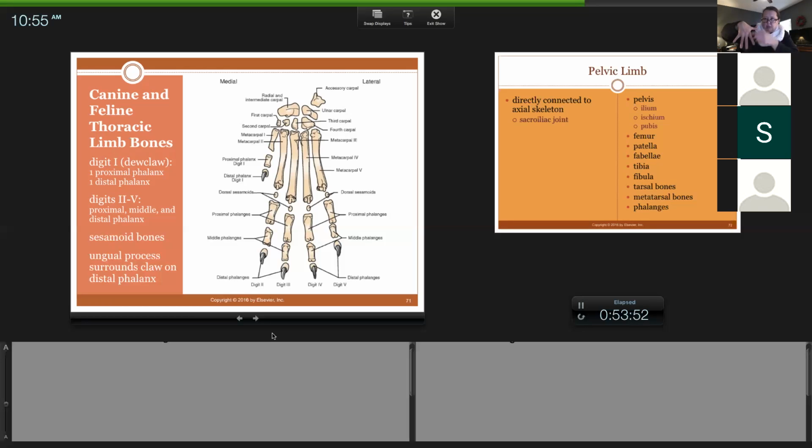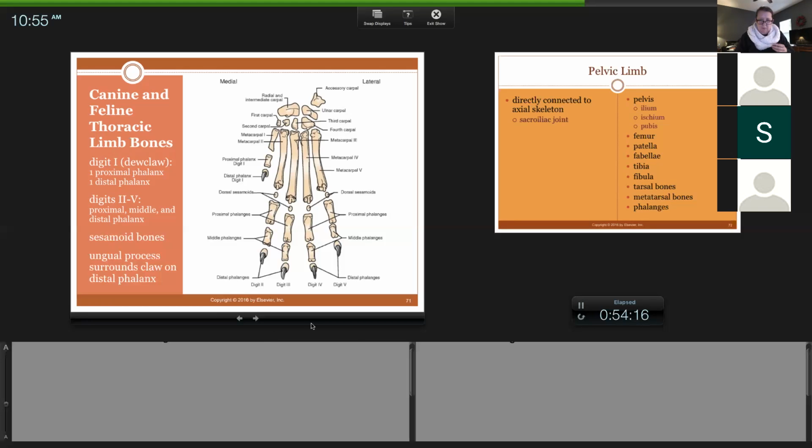When I say digit, it's pertaining to the whole. In us it would be the whole finger, in a dog it would be their whole toe. So you have digit 1, digit 2, digit 3, digit 4, digit 5. Within a digit, you have P1, which is proximal phalanx, P2, P3. Now, where this comes into play